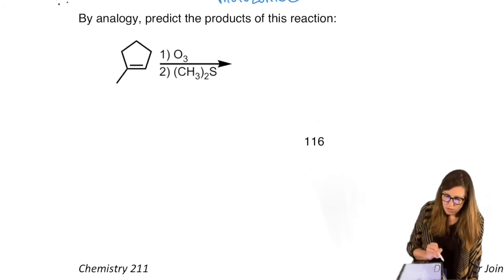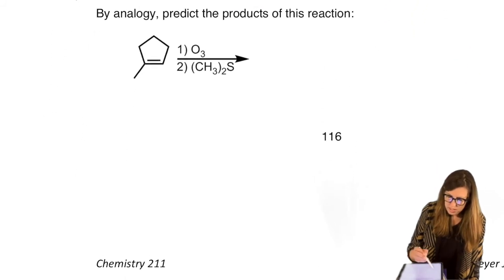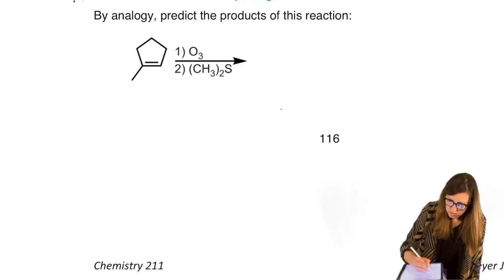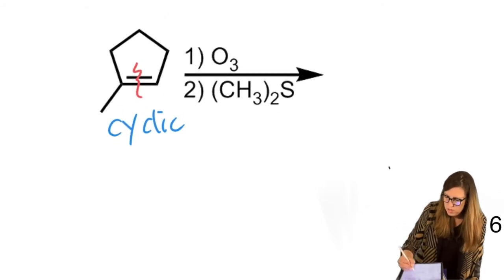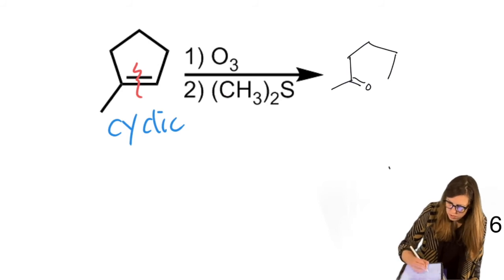And one thing to watch out for is what kind of products you get. So here you can get 2 products. But what if you have a cyclic case? It's still connected somewhere else, right? So let's do a cyclic example. Cut right there. The way I like to do the cyclic examples is simply to, before I straighten it out, just put that oxygen in there where the pi bond used to be. And even draw your H there if you're worried about missing it.